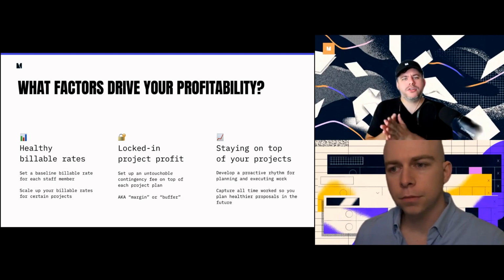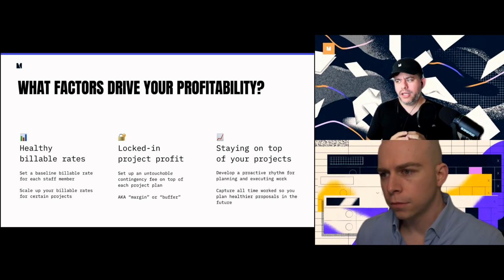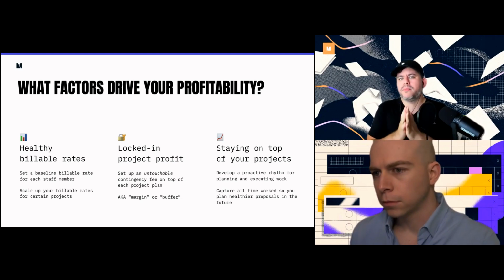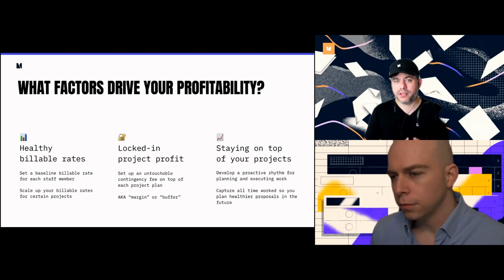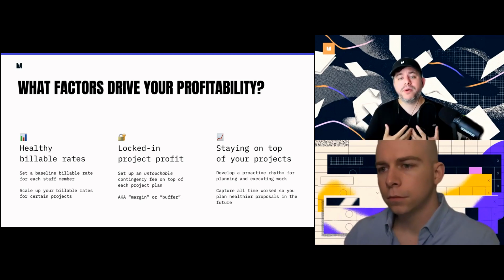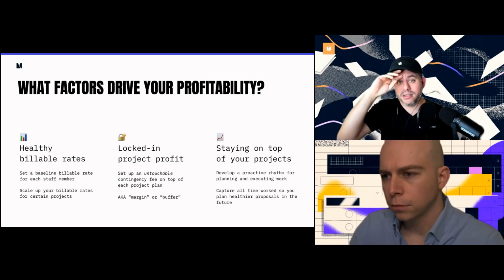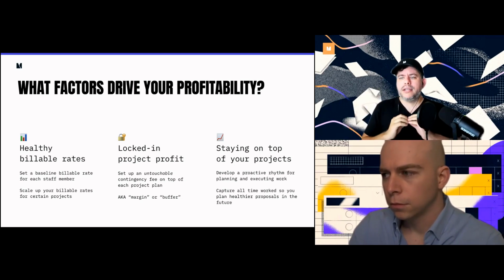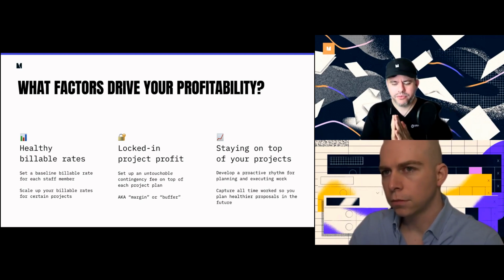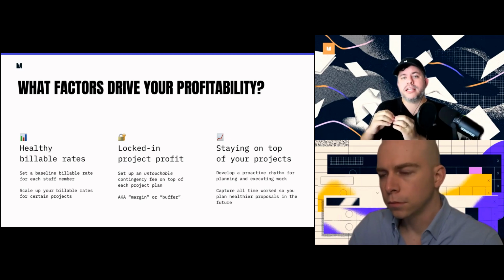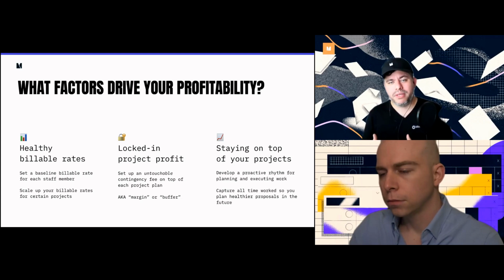And so the other driver here for profitability is just staying on top of your projects. We fundamentally believe that if you develop a proactive rhythm for overlooking your projects, and you do this with your team and you train them on this, even delegate responsibility so that they're also looking over the work, that is going to be really helpful. And we've seen it where, as another anecdote, things like additional services can get left behind. And what we mean by that is that